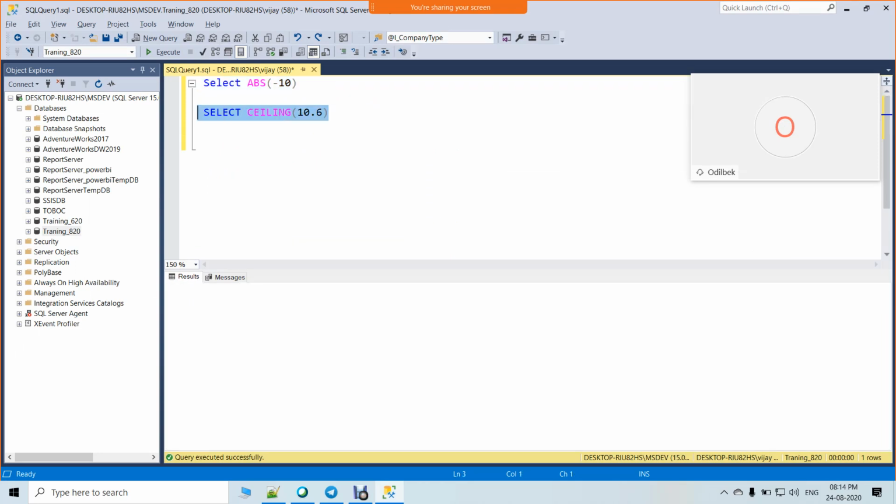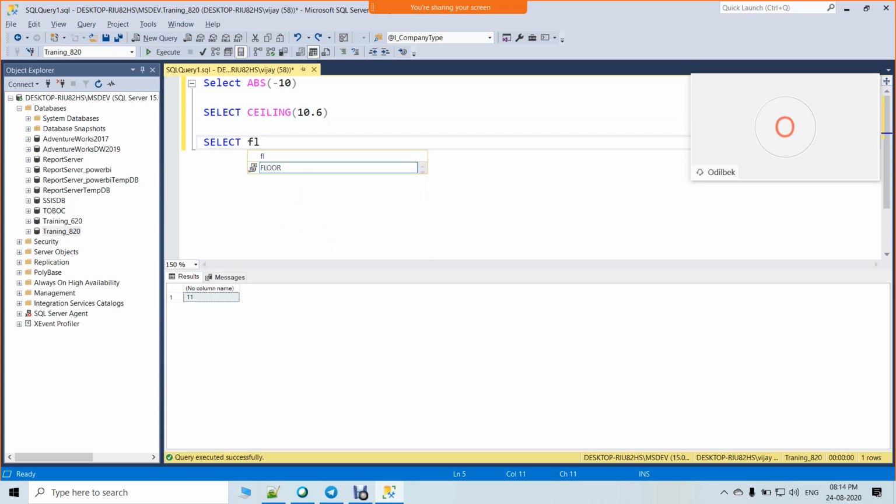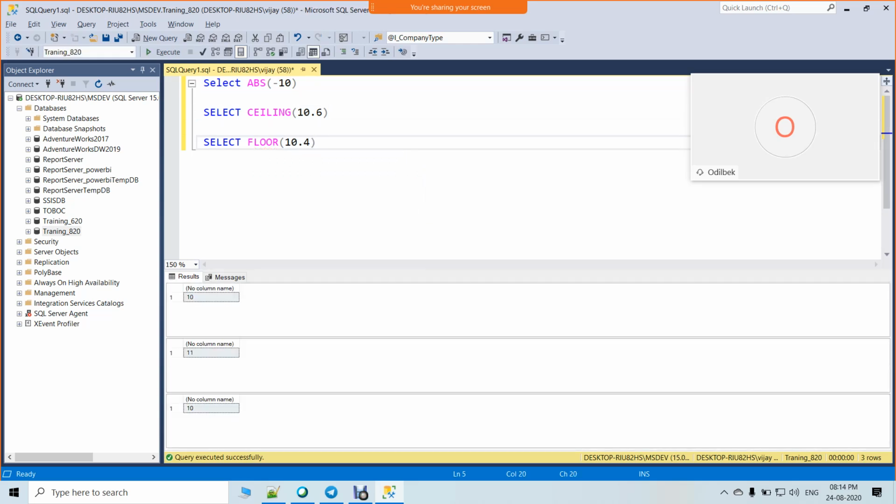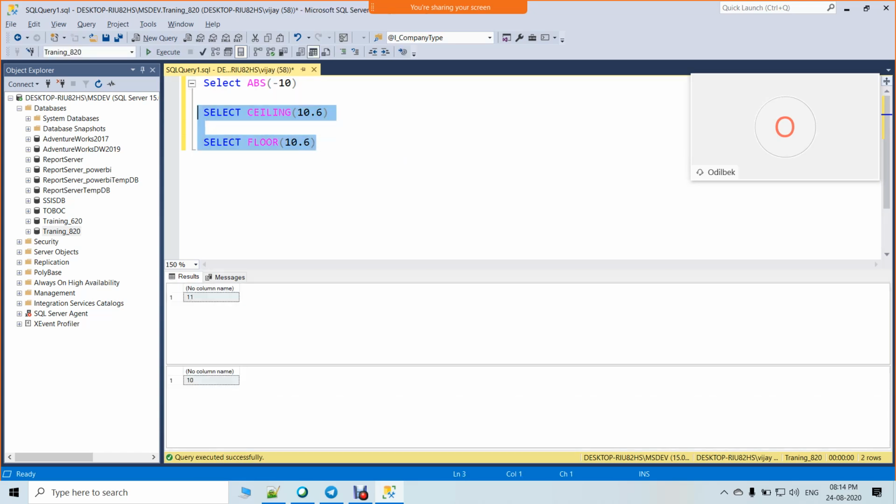There is one more concept, floor. Floor is down. If I put 10.4 here, it will take 10. If I put 10.6 also, it should take 10 only. Correct. So ceiling means it will take the highest value, and floor means it will take the lowest value. Get my point? These are quite opposite.